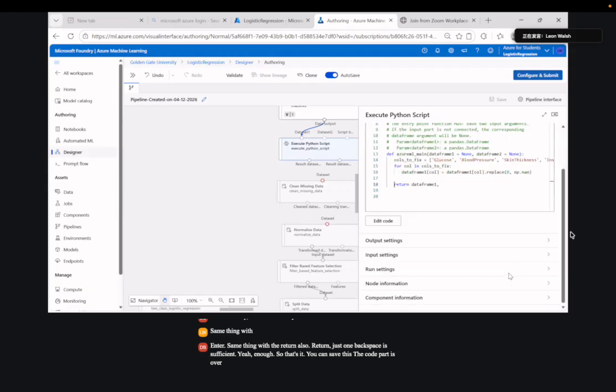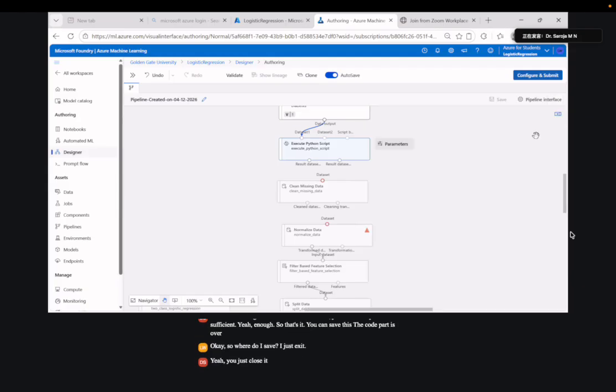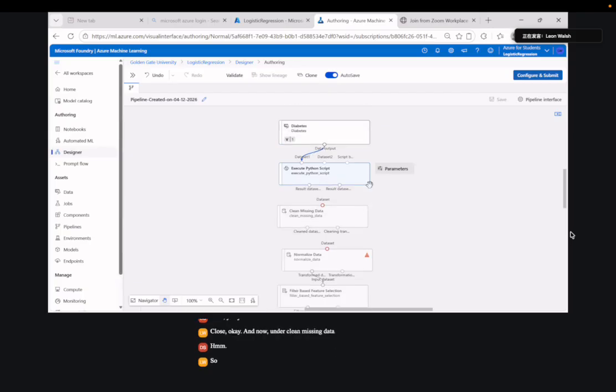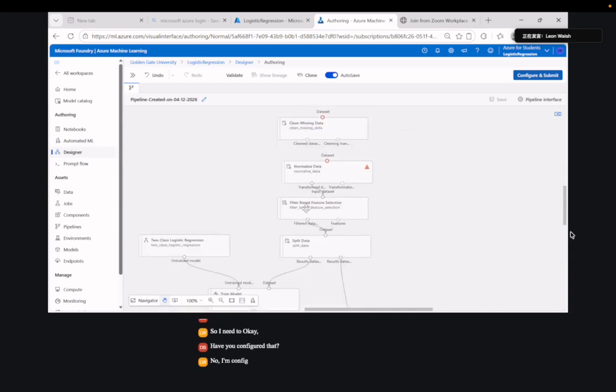Okay, so where do I save? I just exit. Yeah, you just close it. That's it. Close. And now under clean missing data, connect. So I need to. Have you configured that? No, I'm configured up until